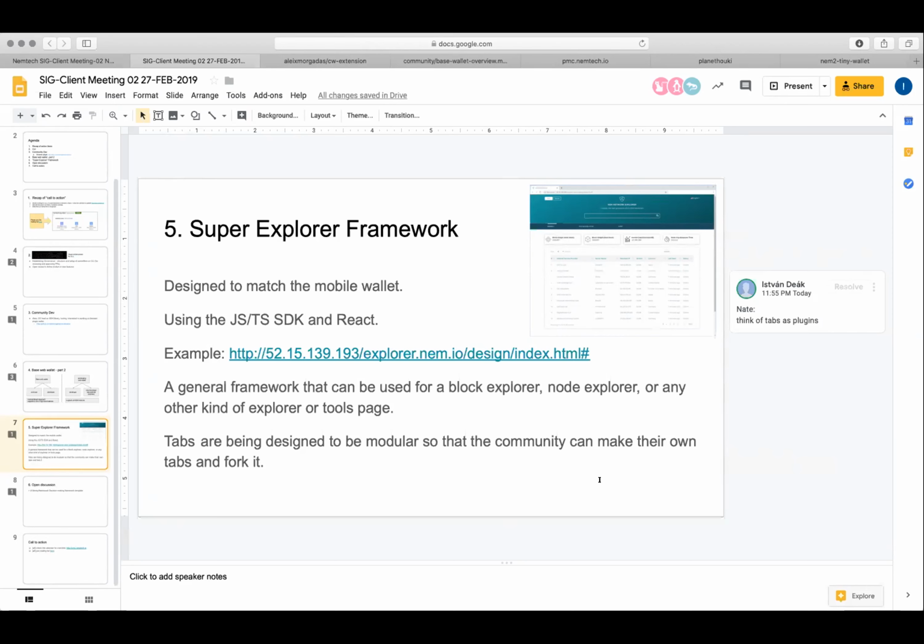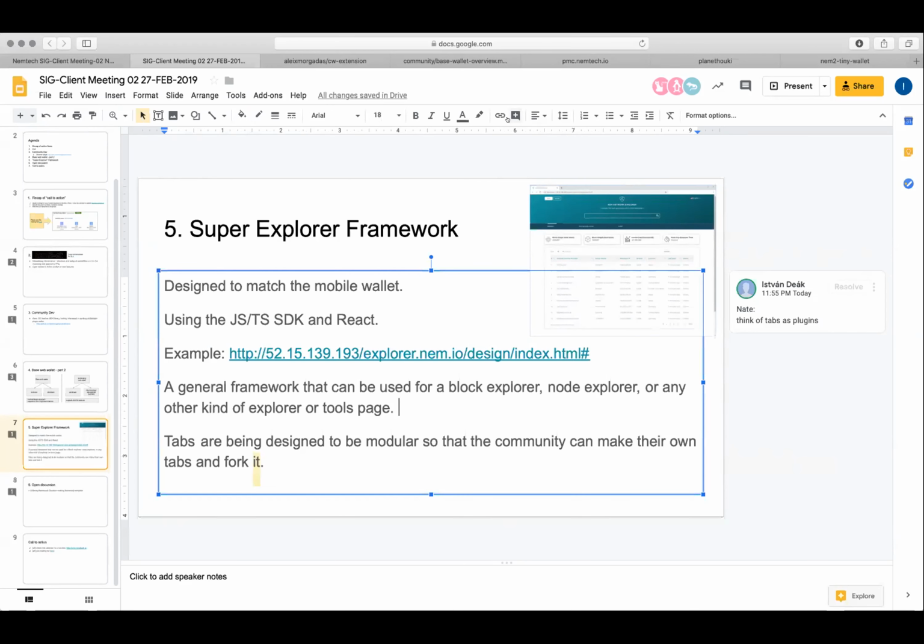A Network Explorer could have things like nodes, network statistics, a map, supernode data, or maybe a harvesting panel, because this is very important. Like NemTools has, here's what you need to know about harvesting and how you harvest. Those are network things. And then the Block Explorers typically get into transaction history and everything about accounts. So we could make a rich list